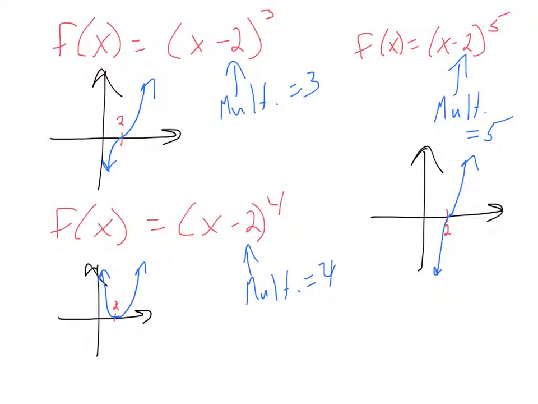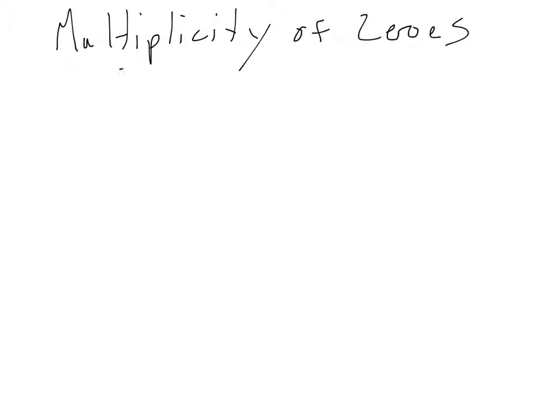When the multiplicity is even, it seems to always just touch the x-axis but not actually cross it. But when the multiplicity is odd, it seems like it usually crosses the x-axis. We've seen that in the past two examples. And so that's the rule we're going to end up with here, with the multiplicity of zeros of a polynomial function. Let's spell that correctly first of all. So the multiplicity of zeros of a polynomial function,